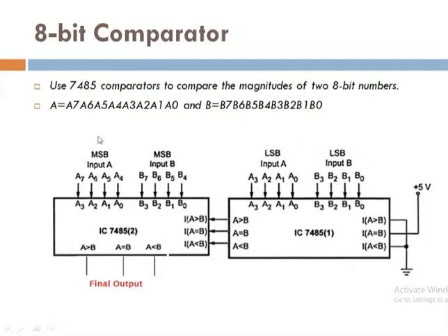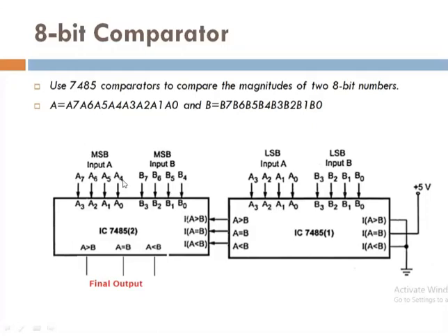It means that when we are going to compare, first the MSB IC will compare. If these bits are the same, all 4 bits are the same, then it will switch to the next IC. Then it will compare A3 and B3 from this one. In this way the comparisons will be performed, depending on the number of bits.